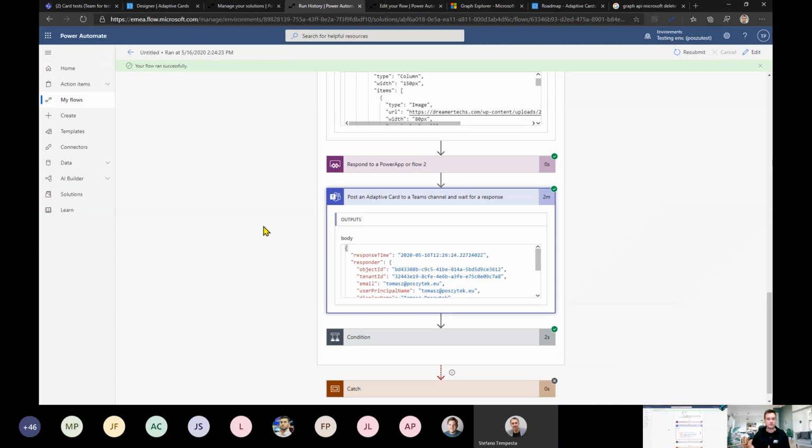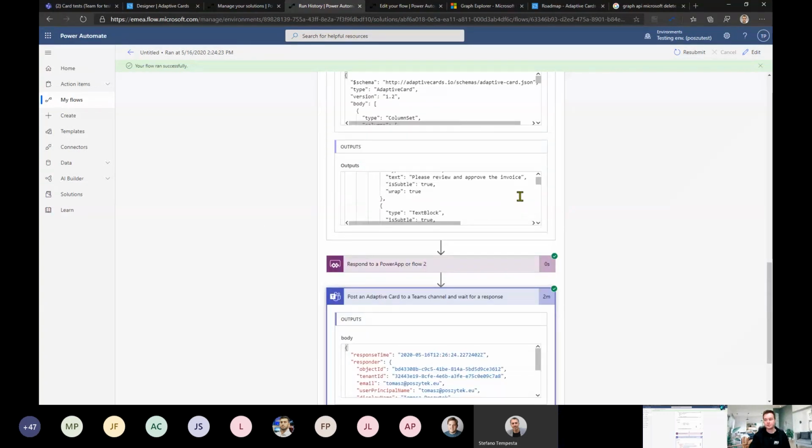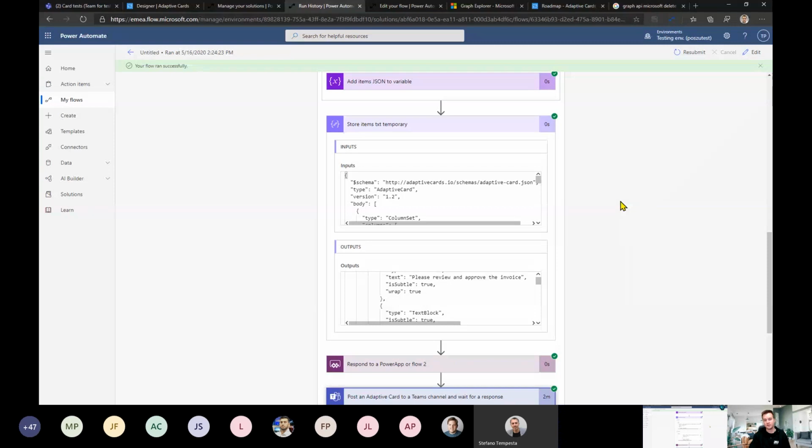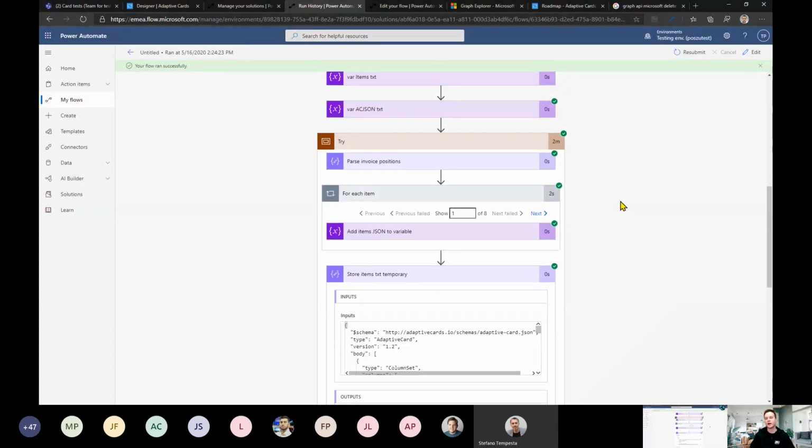So with these two new actions, we're now able to post an adaptive card to Teams, wait for the response, get this response and then work on it, like in this case here. But as said, what I'm missing is the possibility to make this whole processing a little bit easier and dynamic. Now, the second thing I wanted to show you about the new features that are coming up for